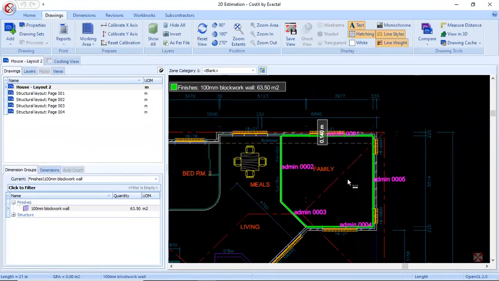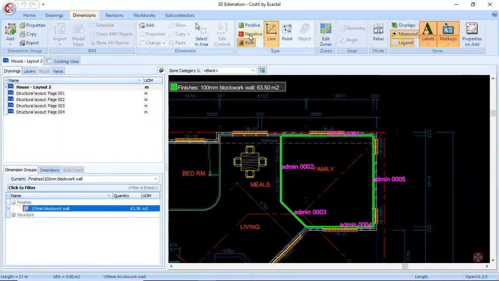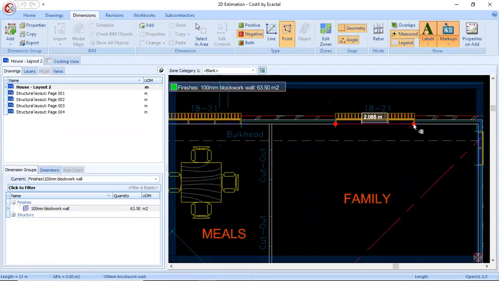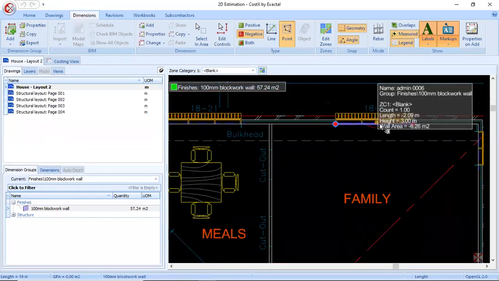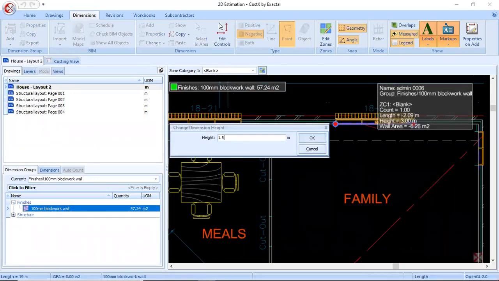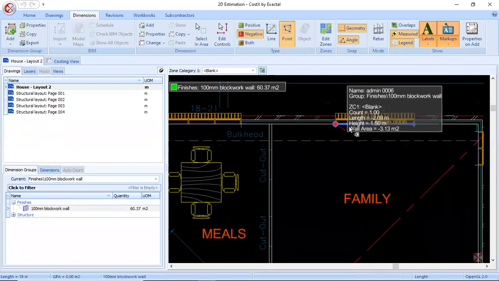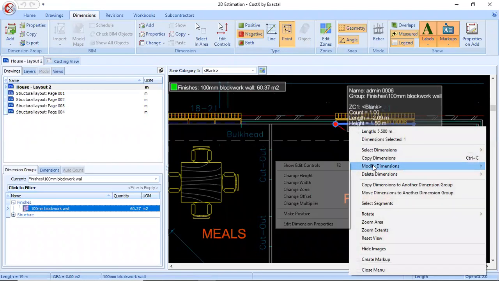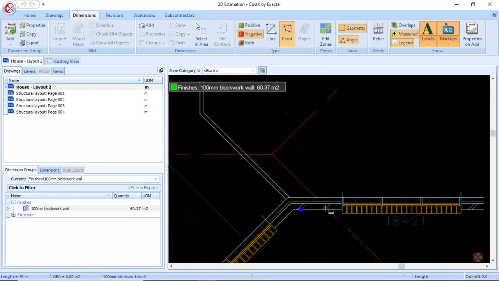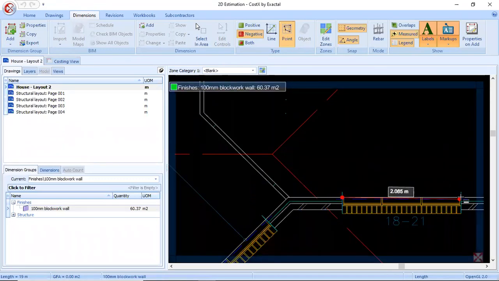Now we have windows and doors which need to be deducted from the wall quantity. For that we have a negative option. So I'm choosing this negative, and I'll use this point mode, and I'll directly pick this window, and by default its height will be measured as 3 meters. We can change the height also. Say I'm changing its height to 1.5 meter. And we can also mention the sill level for the window. If the drawing has mentioned the sill level of the window, we can also change its offset. Say 1 meter from ground level. The same way, you can also deduct the other side of the window.